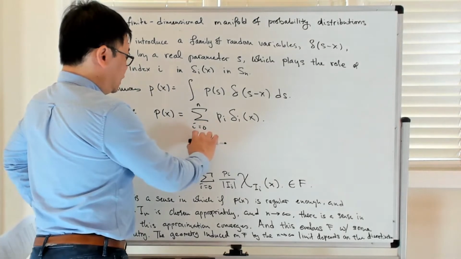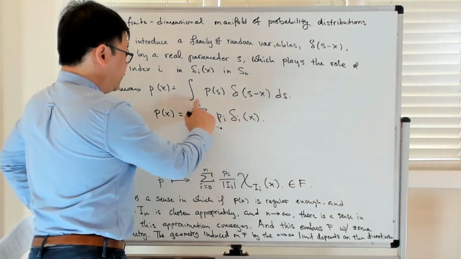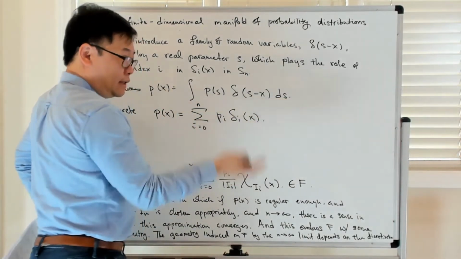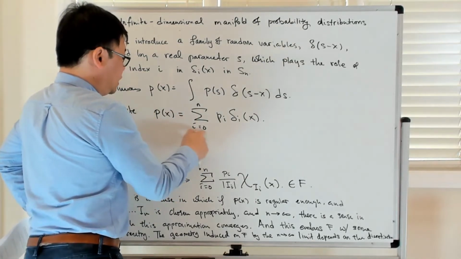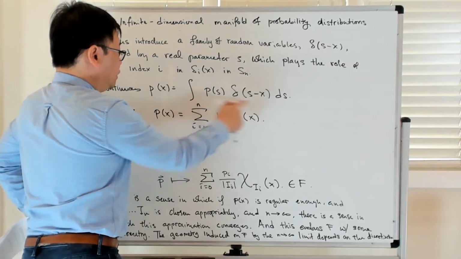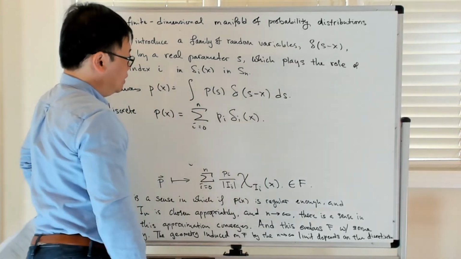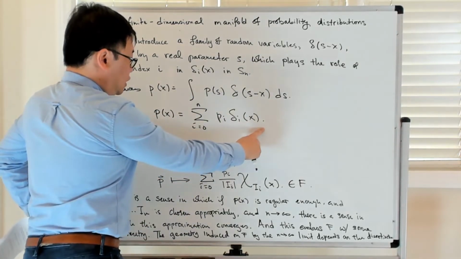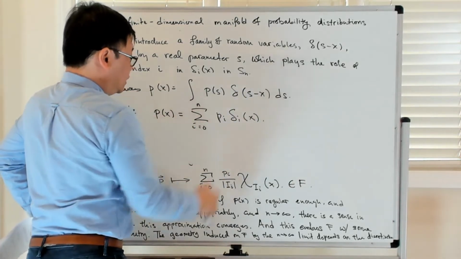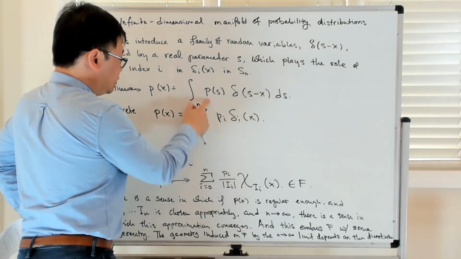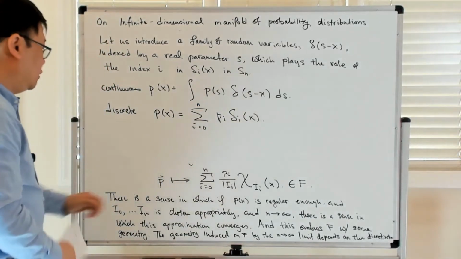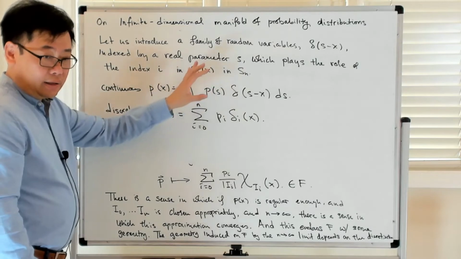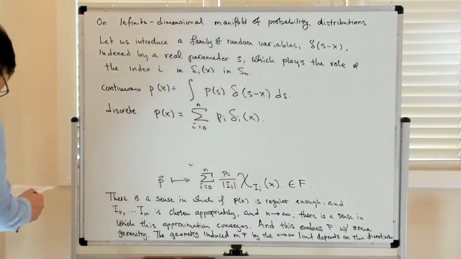So here I've summed over the i's. Here I've integrated over the s, right? So that's the analogy: sum to integral. Sum over the index i, integrate over the index s. Kronecker delta versus Dirac delta, and then the probability distribution associated with that point or that index. So hopefully you'll see that this is entirely analogous once you squint at it sufficiently.